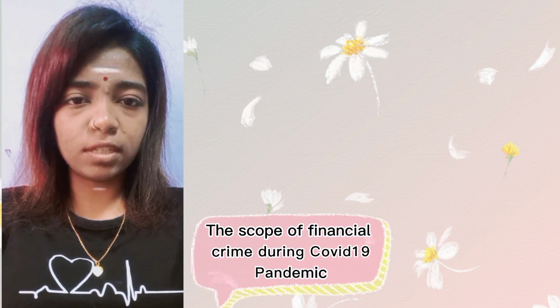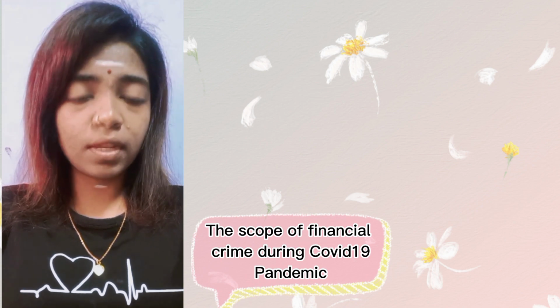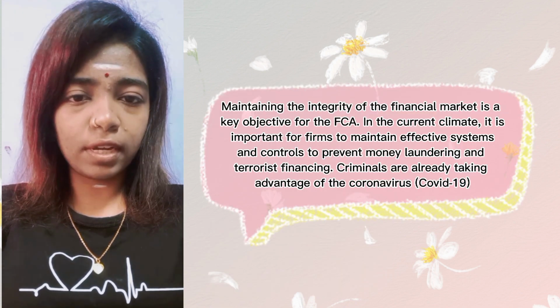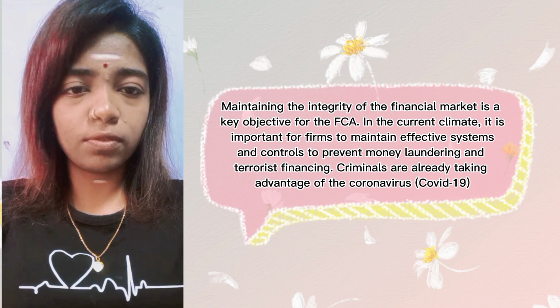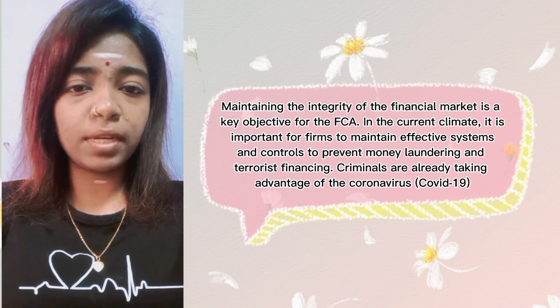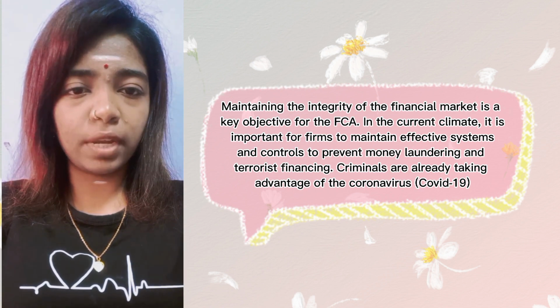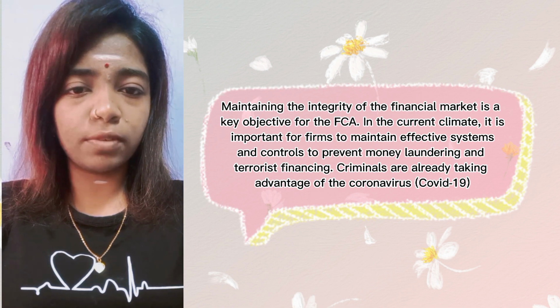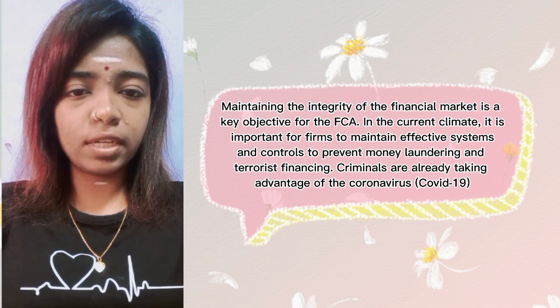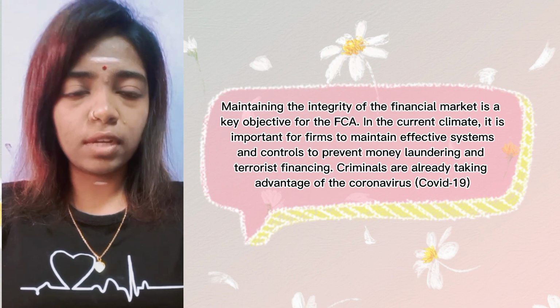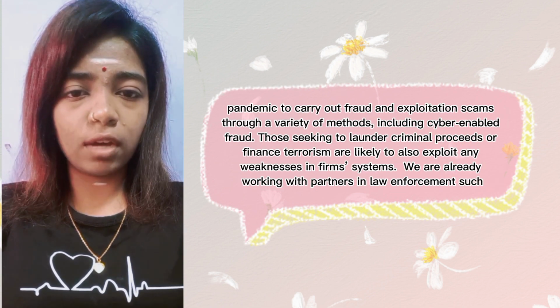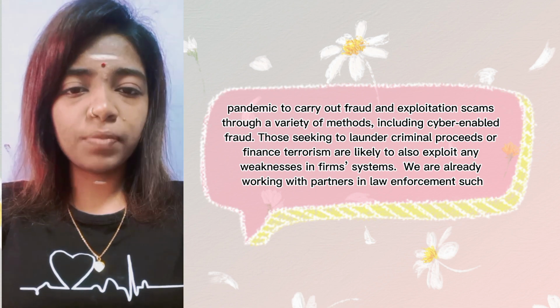The scope of financial crime during the COVID-19 pandemic. Maintaining the integrity of the financial market is a key objective for the FCA. In the current climate, it is important for firms to maintain effective systems and controls to prevent money laundering and terrorist financing. Criminals are already taking advantage of the COVID-19 coronavirus pandemic to carry out fraud and exploitation scams through